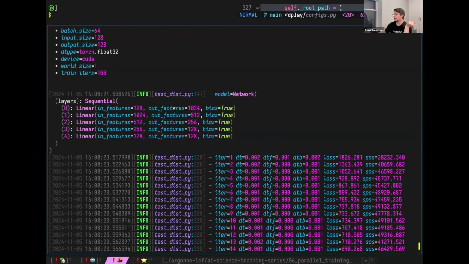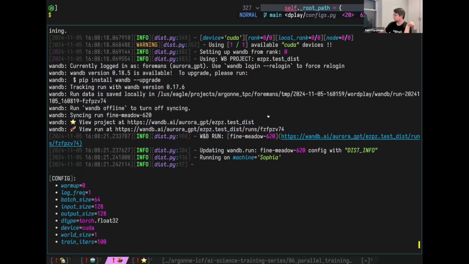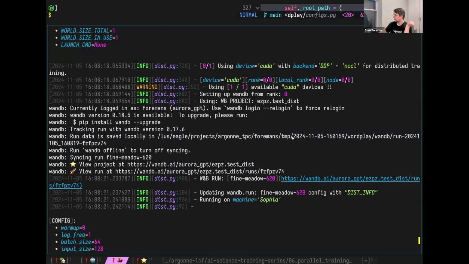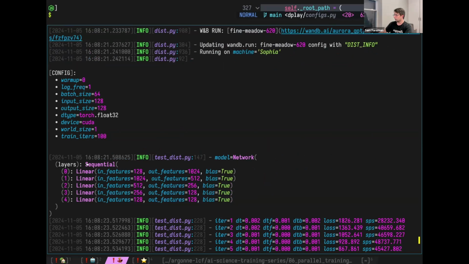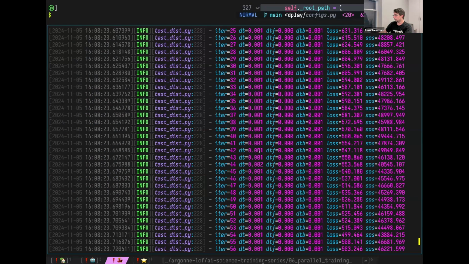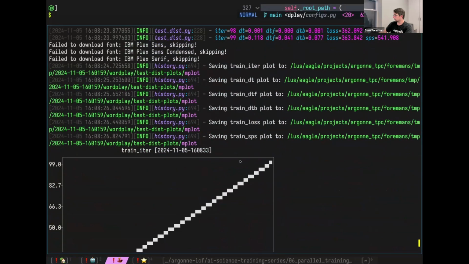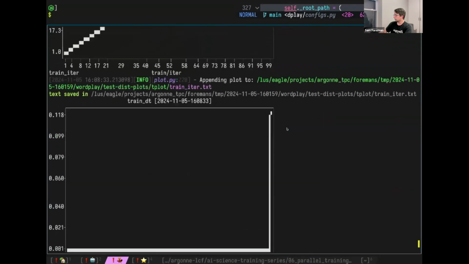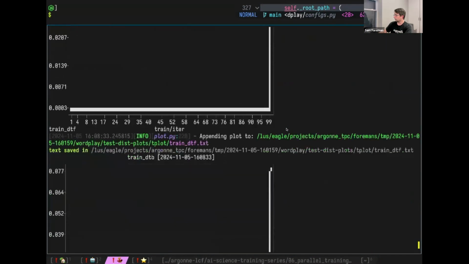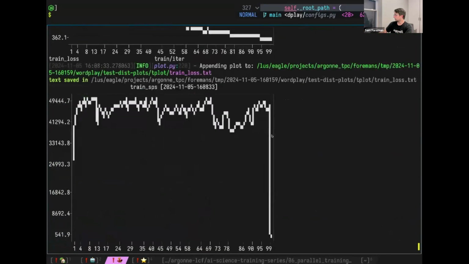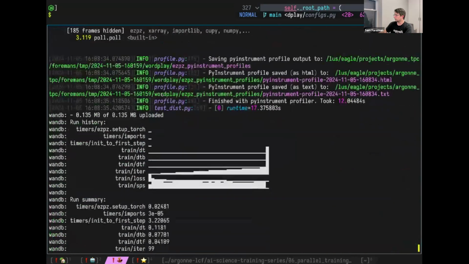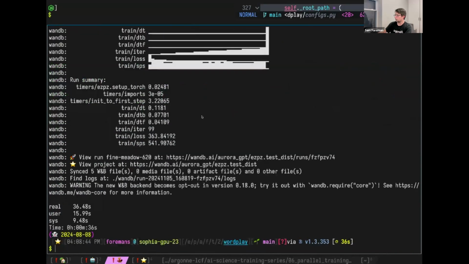In the event that you had 8 GPUs, this would spit out using 8 of 8 available CUDA devices. And then it just loads up a very simple 4-layer model, runs for like 100 steps or so, then makes some very simple plots of the iteration, time per step, forward, backward, and then like the loss and things. And so this is just a very simple smoke test to make sure that your distributed setup is all set up correctly and running. And then if you're able to get through that step successfully, the next step is to